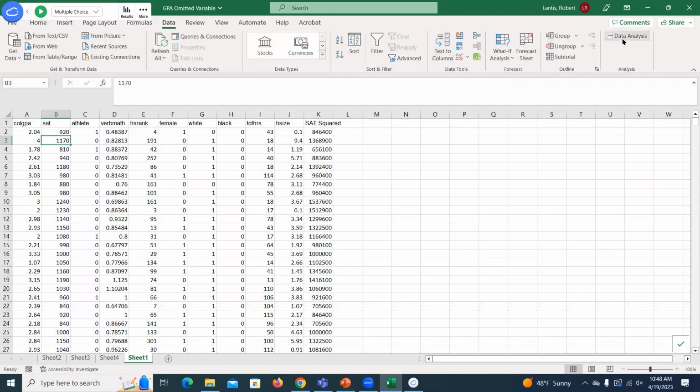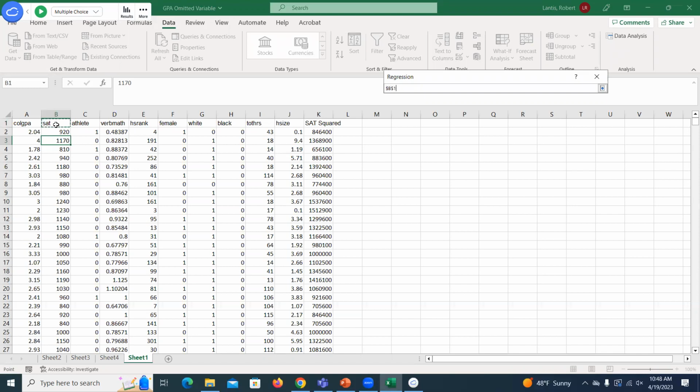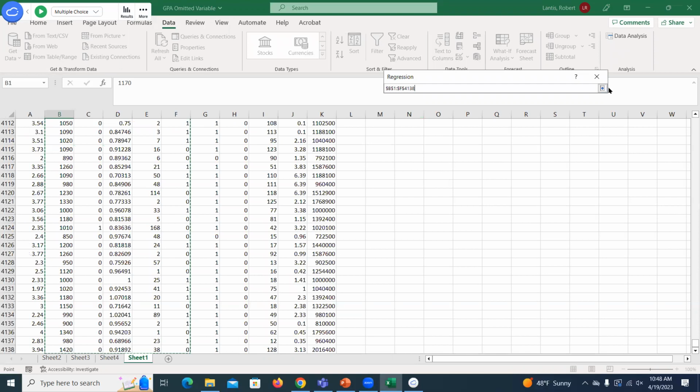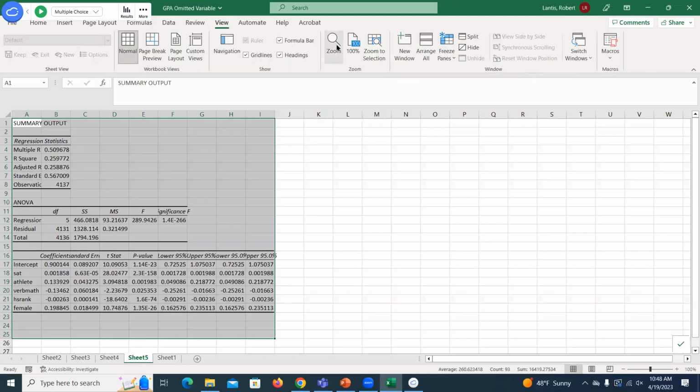So we'll go to that data tab, data analysis, regression, hit OK. Now notice it always keeps in what you put in there last. Well, our Y variable is GPA, hasn't changed at all. My X variable now, I'm going to say, okay, I want to include what was their SAT score? Were they a student athlete or not? This verbal math test they made them take, the high school rank, right? And I'll go over to the female variable. I'm just going to include some of these. Hold Control Shift, Command Shift on a Mac, hit the down arrow. It selects all of my independent variables there for me. I've got the labels selected. Now when I hit OK,